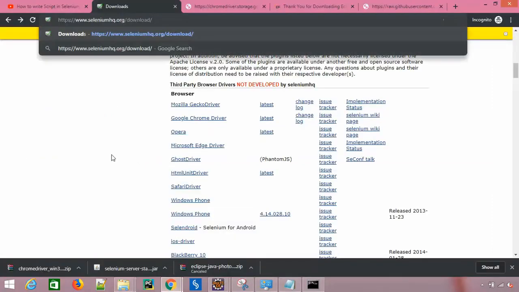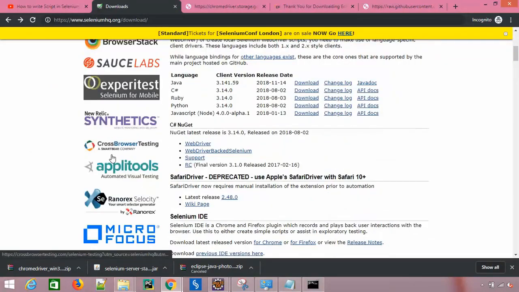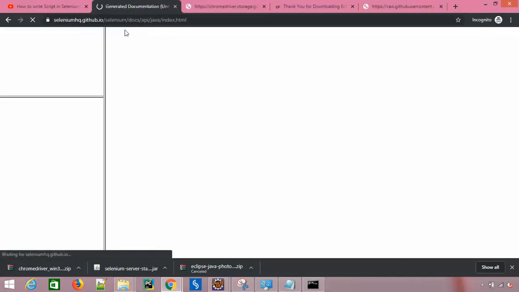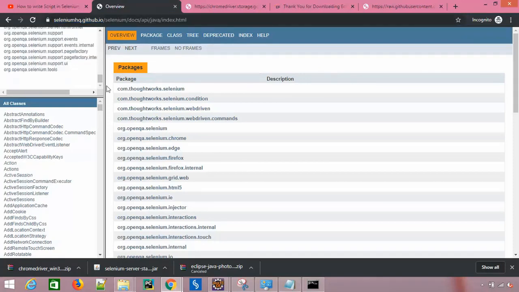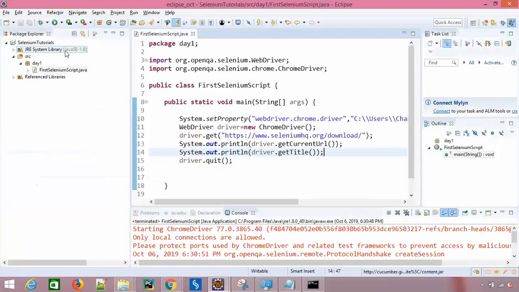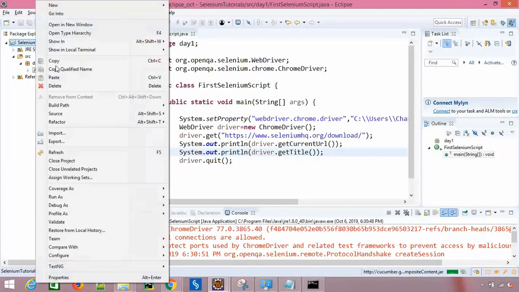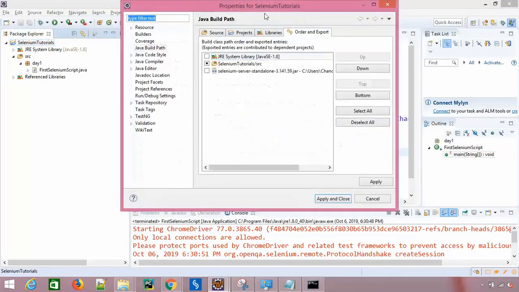This can be avoided if you have a Maven project. It will automatically show you. But the moment you use a plain Java project, you need to attach the Javadoc. So how to do that? You just go back to the same seleniumhq.org and click on this Javadoc. It will navigate to this particular page where you will find all the information about the packages and classes which we have. So what you can do is go back to your project, right click, build path, configure build path, go back